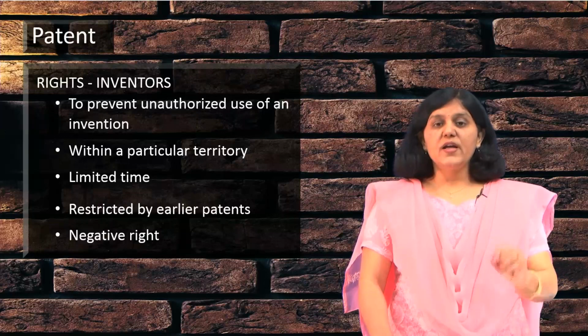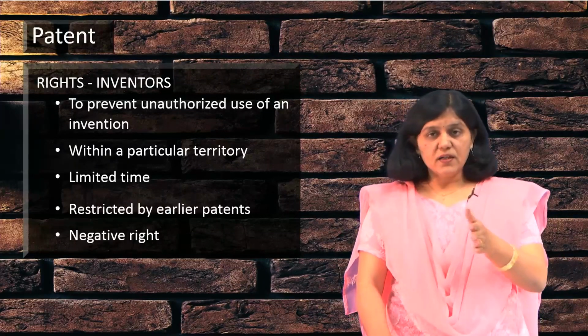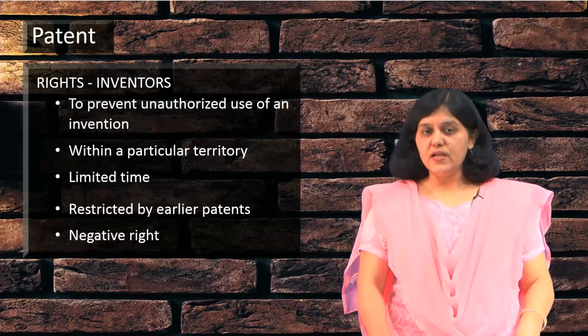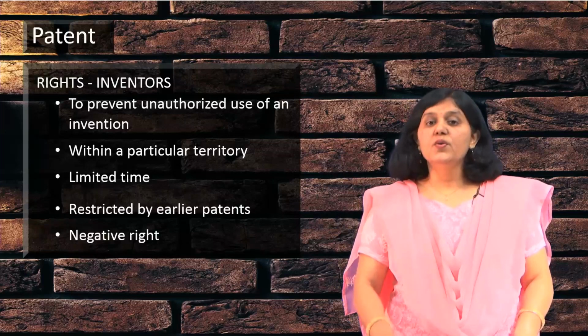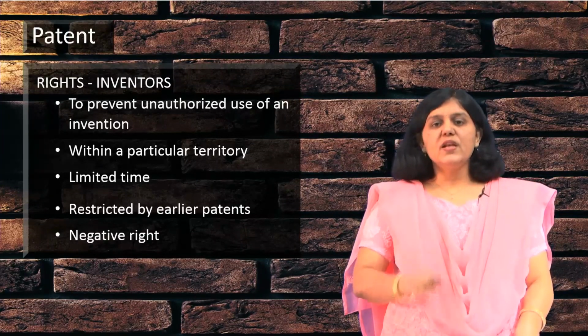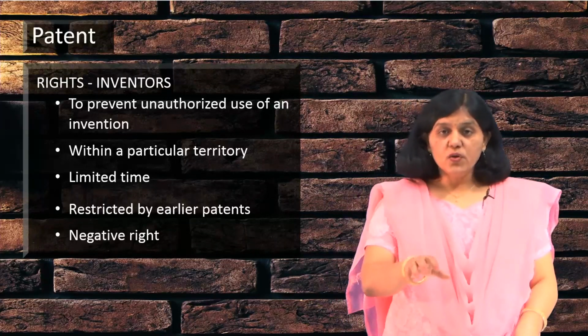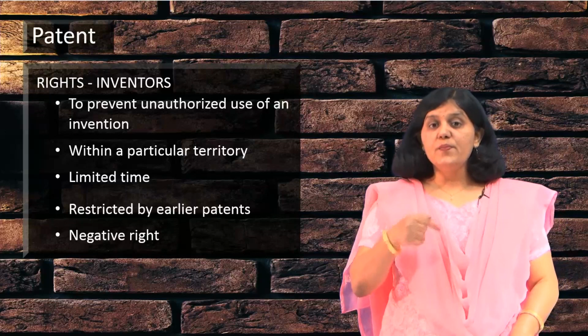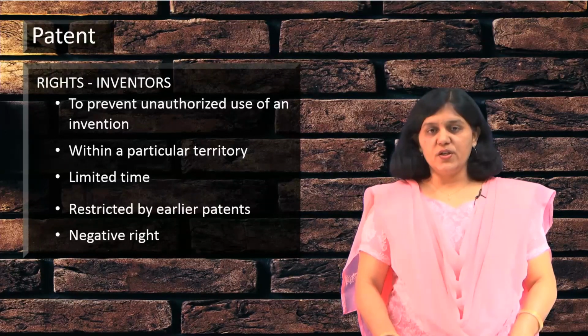For you to develop your technology, you have to take permission from other earlier patent owners, right? Without their permission, you are unable to develop your technology. So, this is the meaning of being restricted by earlier patents. Thus, although you have received a grant, you are dependent on earlier patent owners to develop your technology.